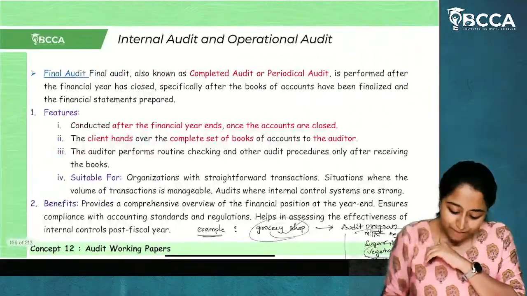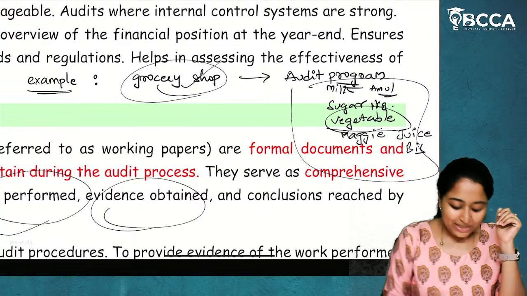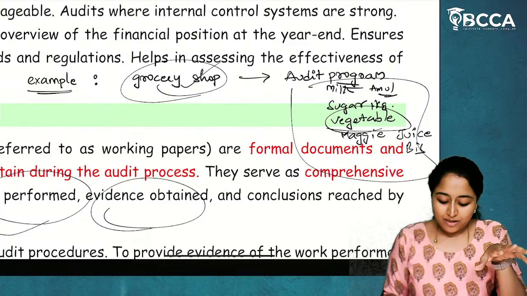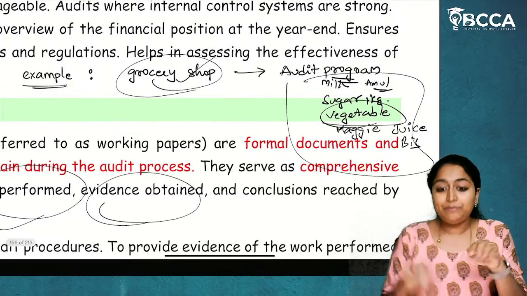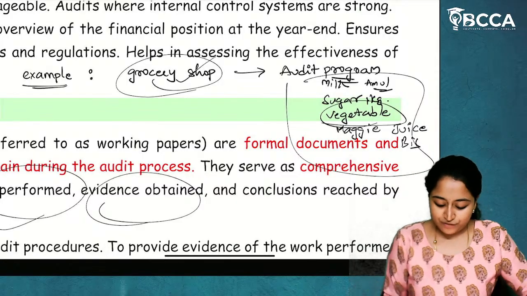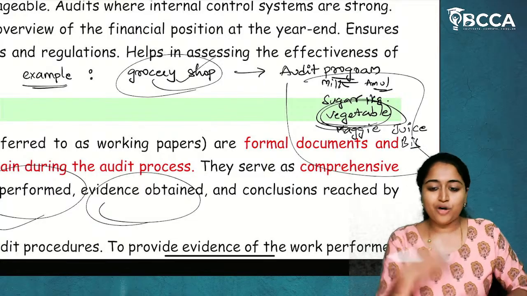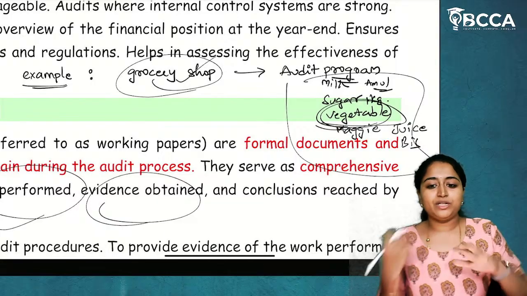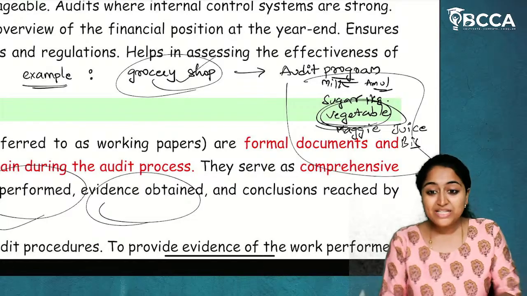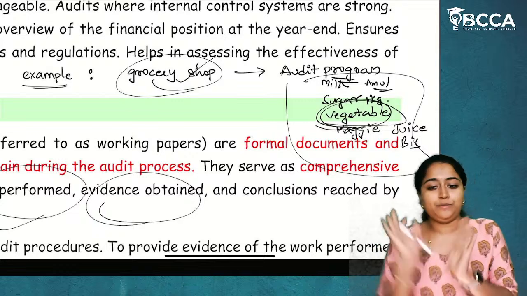If we come back to our own example, now you have gone to the shop, and in that shop, you have seen the brand which you were using so far, and the vegetables. In the previous week, when you went for grocery shopping and purchased the vegetable, the price of the vegetable was 30 rupees per kilo. Now it is 50 rupees per kilo. But in the next shop, it is selling still for 30 rupees per kilo.